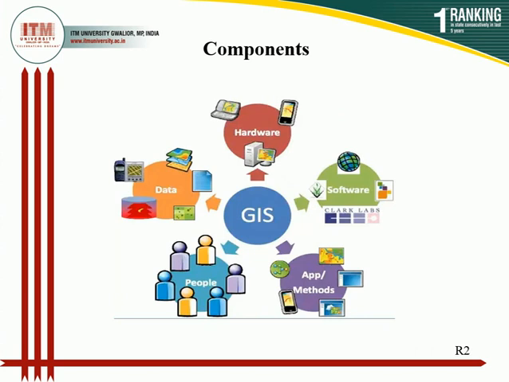The hardware component includes several specialized peripherals like digitizer and scanner. The scanner and digitizer are used for converting the resource map into digital form. A plotter is used for graphical representation of the map generated. Hardware is a computer on which the GIS runs. Nowadays, there are different ranges of computers. It might be a desktop or a server-based computer. ArcGIS is a server-based system, whereas different types of GIS software run on a network computer.